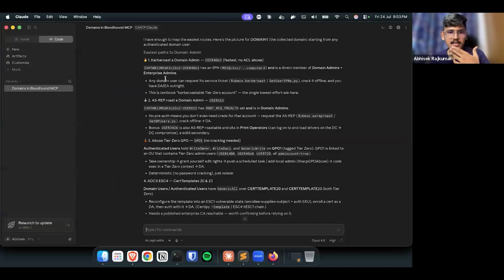So we have three parts. Let's take the first one, Kerberoasting to domain admin. There is a Kerberoastable account which is a domain administrator. If you have an authenticated user, you can Kerberoast and get a hash which you can crack. Basically, you will get a Kerberos service ticket that will have the encrypted password of a domain admin, and you can see if it has a weak password. So if you crack it,